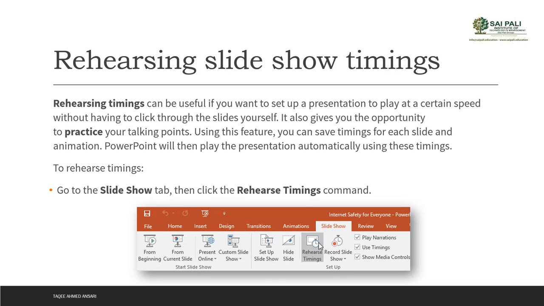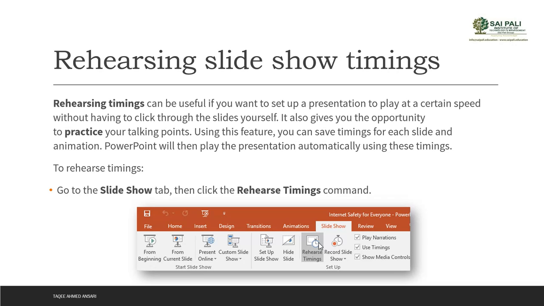You can also do the rehearsal for each point, like in one slide you explain those points and see how much time you take, then on the next slide how much time you take. It will record your timing, and when you run the presentation it will automatically wait for the time you set in your rehearsal.